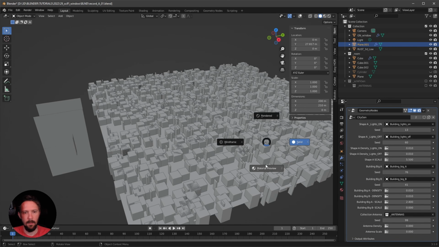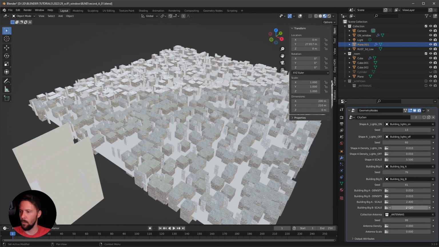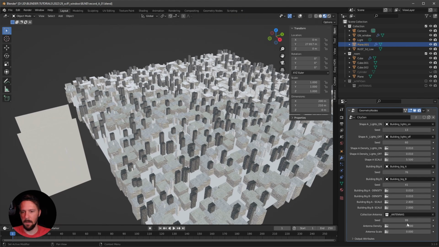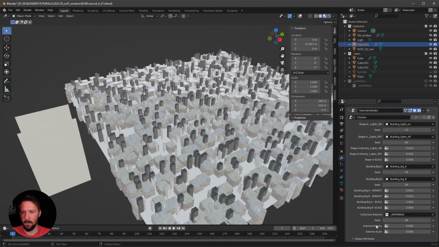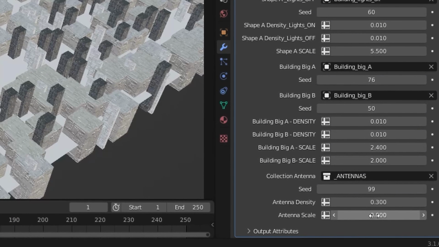And now let's go into the material preview so we can see a little bit more. We want to add the big building B as well. So let's make this now. And let's add some antenna stuff. So let's go with 0.3 and antenna scale